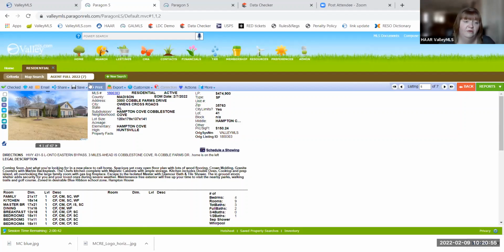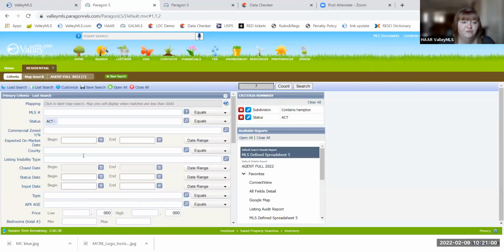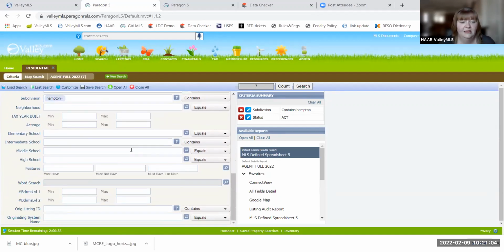But I did want to point out the way those two searches, or those two fields, I should say, are different. And you will also now see most likely the schools are the same way, elementary, middle, and high, not intermediate. But elementary, middle school, high school, all of these have an equals to, not equals to box. We have now added the contains search for all of those schools as well. I like to have them together. Some people prefer to use one or the other.